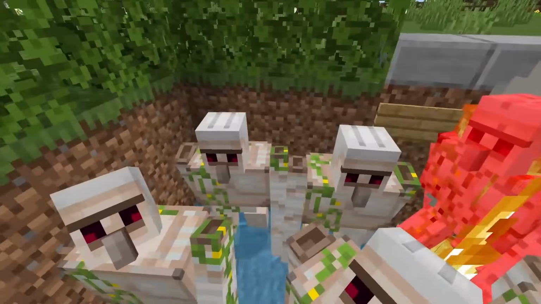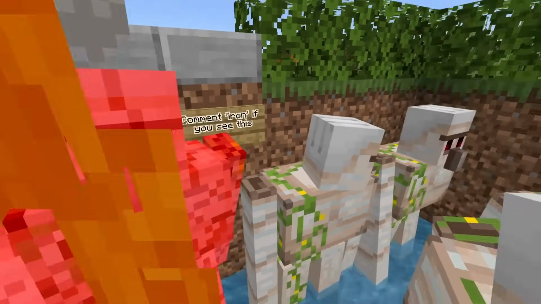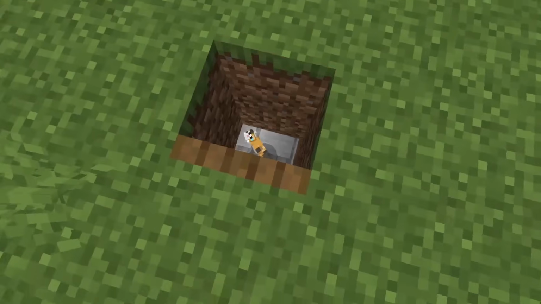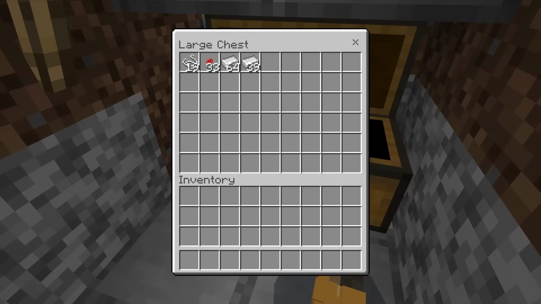How to make an iron golem farm on Minecraft Bedrock Edition. So this works on Xbox, PlayStation, Switch, Pocket Edition, and PC. So iron golems will spawn, they will flow into the lava, and then the iron will be deposited into a chest down here. As you can see, there's this chest, and there's iron, roses, and string in this chest